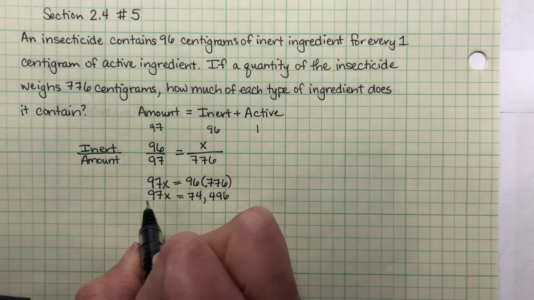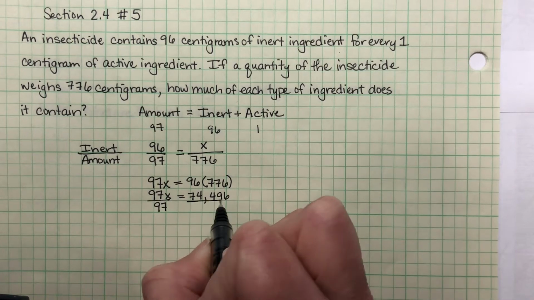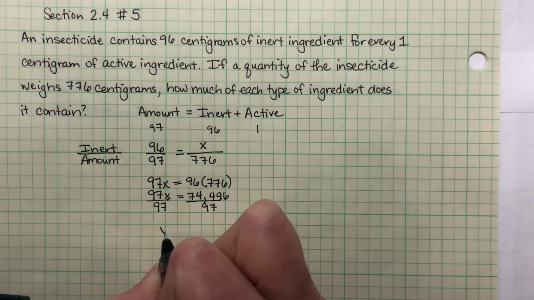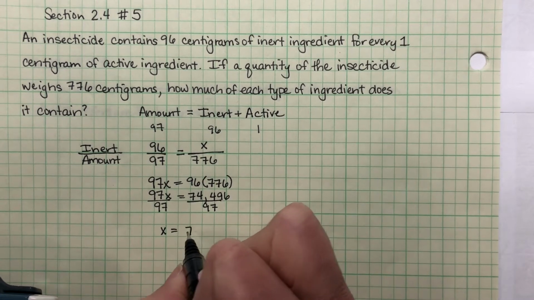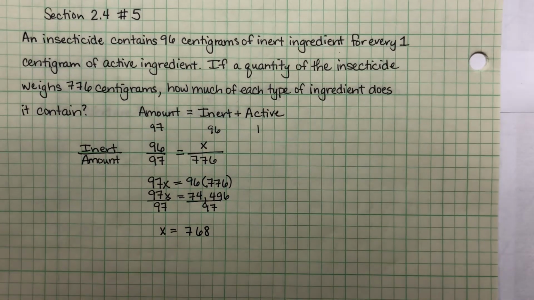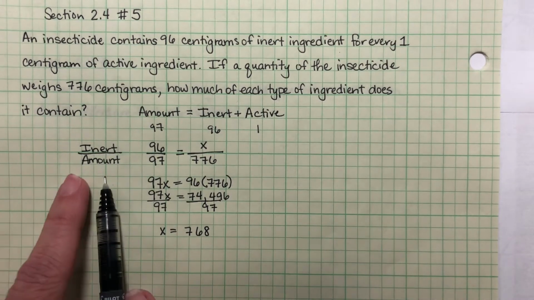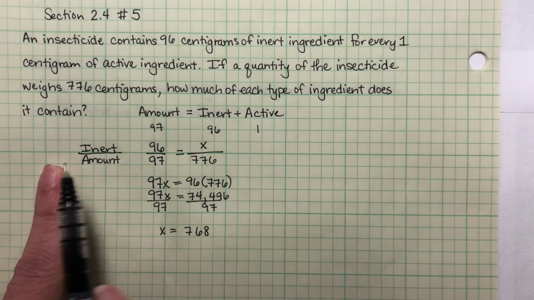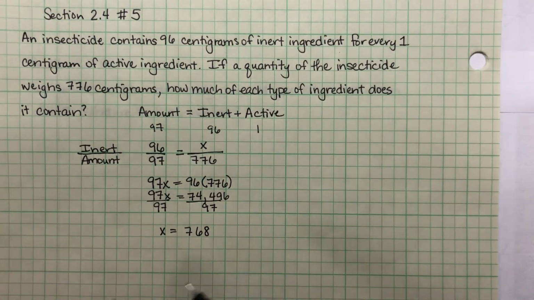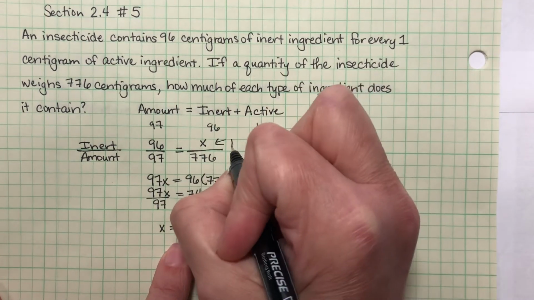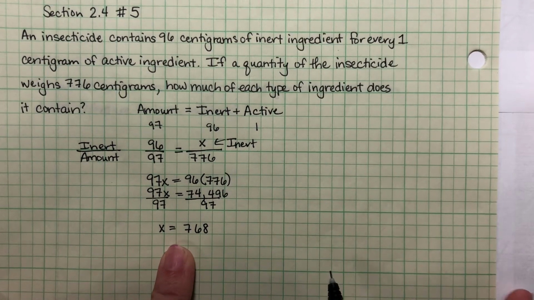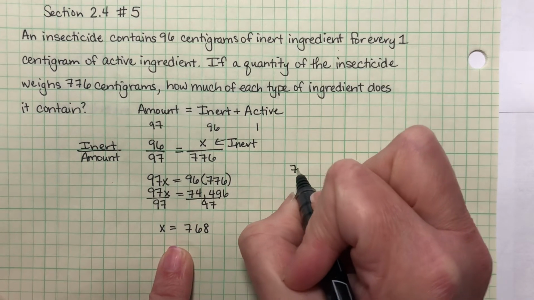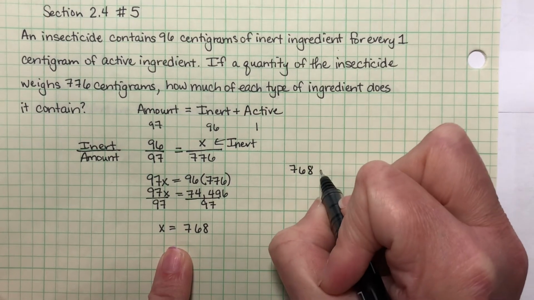Okay, let's divide both sides by 97. And we get x is equal to 768. Okay, so what is it I've just found? I set up inert over amount. I could have done active over amount. It doesn't matter. This is the amount of inert in our large amount of insecticide. So what I have found is that there are 768 centigrams